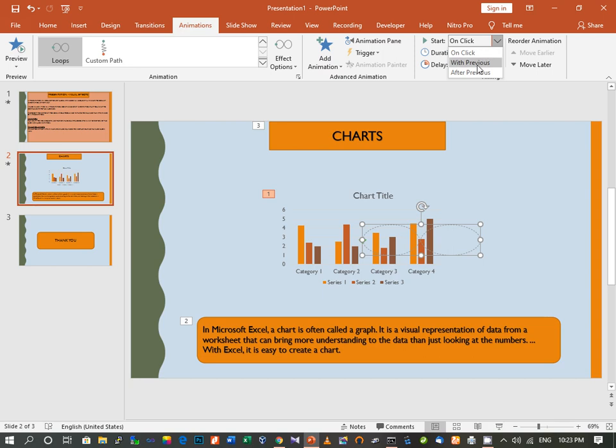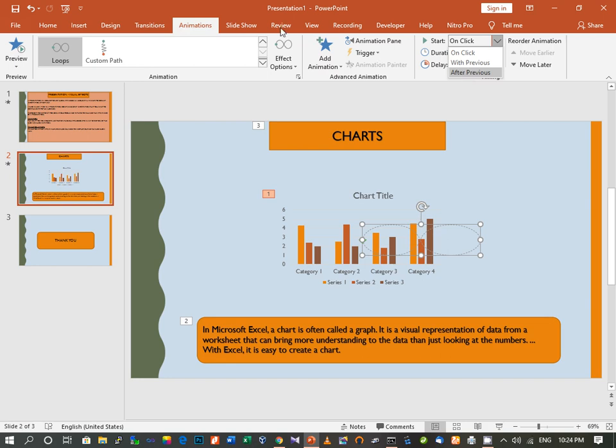If you choose with previous, it will go along with the previous object, and if you choose after previous, then the animation will occur after the previous object appears. So these are a few important things regarding animation.